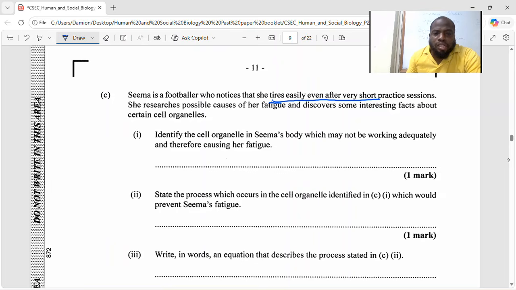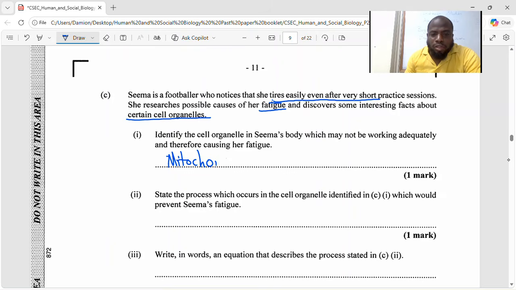She researches possible causes of her fatigue and discovers some interesting facts about certain cell organelles. So identify the cell organelle in Seema's body which may not be working adequately and therefore causing her fatigue. So in terms of energy,